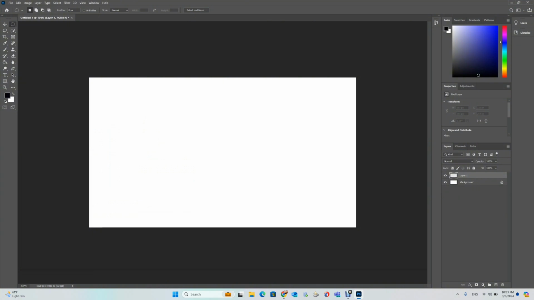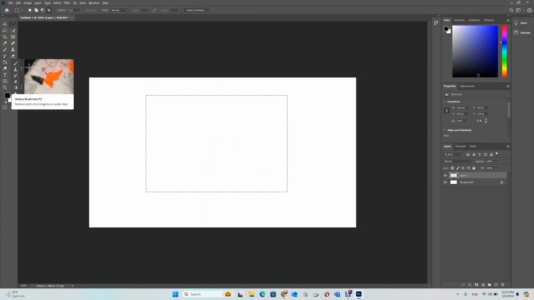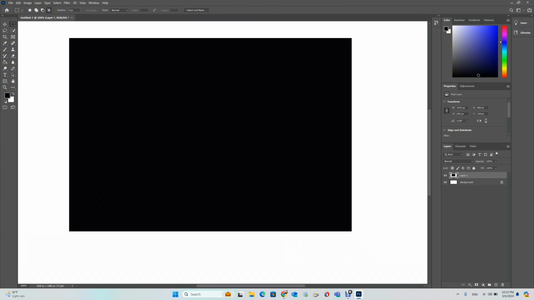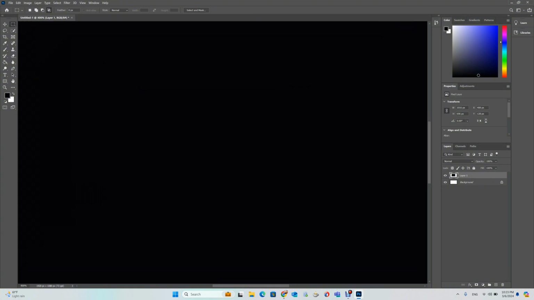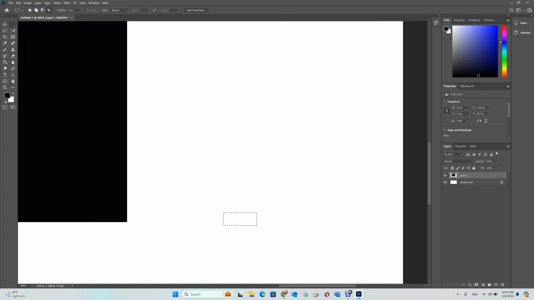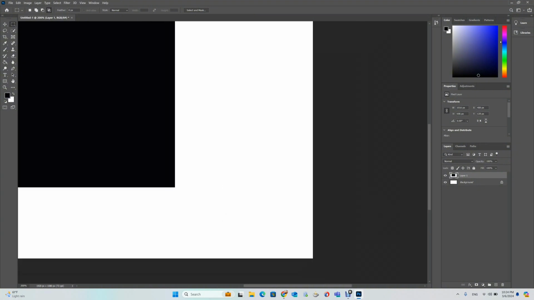Okay, why is there anti-alias with the elliptical marquee tool but not with the rectangular? Because if you can see, this shape is already without any distortion, so that's why we don't need anti-alias. But if we are using any kind of elliptical or circle, then we need to go with the anti-alias. Okay, so this is done,